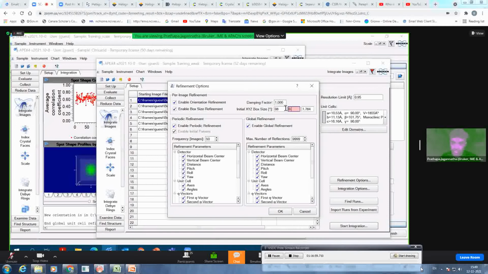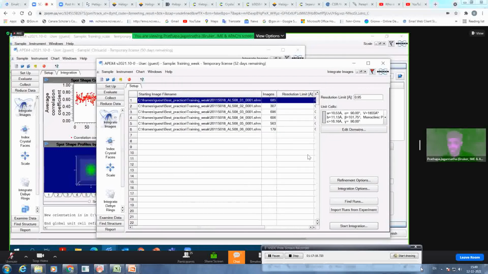Sorry, 0.8. So just want 0.8 and 0.8. So either you can enable box size while refinement, or you can fix this box size. So let us fix this box size and see what will happen. And then I keep it as the same box size throughout, with doubling the box size now, because it was